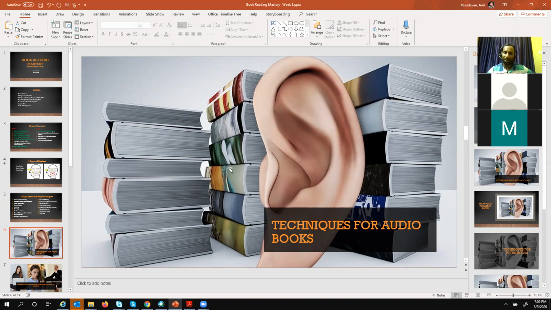One of the best techniques I have seen for audiobooks is that most audiobook software like Audible has a facility to read at a better speed. Rather than going at the normal speed, we can increase the speed. You all know, like in YouTube we have that feature, right? When you see a video, you can increase the speed. Let me just show that.